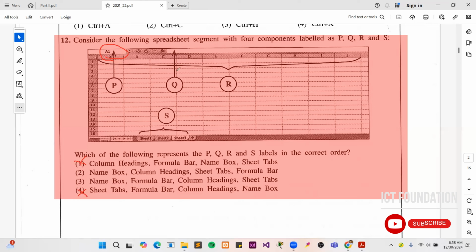So Q is the formula bar. Why we know this as a formula bar is that we can type the formulas here and get the answers in the spreadsheet. That's why we have a symbol here as FX. FX means formula. Then we can identify R means columns. Then S means